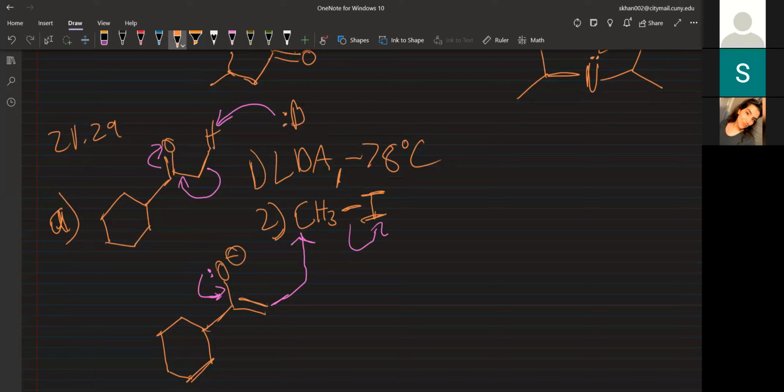It's going to be alkylated on the less hindered position. So this is now methyl here, and this is that. And the reality is you're not going to get 100% of this anyways, because you have a base, so there's also still a chance of an aldol reaction occurring, an aldol addition in this case. But you'll get a good yield of it. That's why we lower the temperature to prevent, first of all, the thermodynamic enolate from forming, and second,